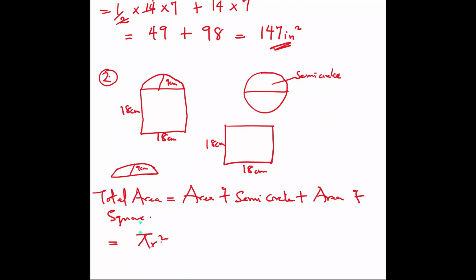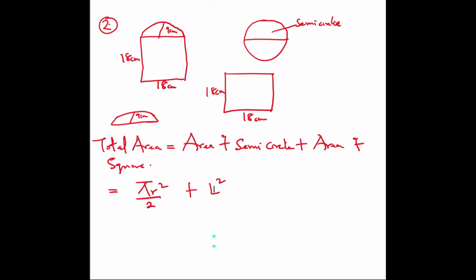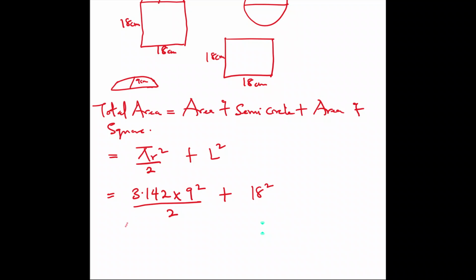So that will be equal to the area of a semicircle, pi r squared over 2, plus L squared. So pi is 22 over 7, which is the same thing as 3.142. So that's 3.142 times the radius, 9, squared over 2, plus the length, 18, squared. So that will be